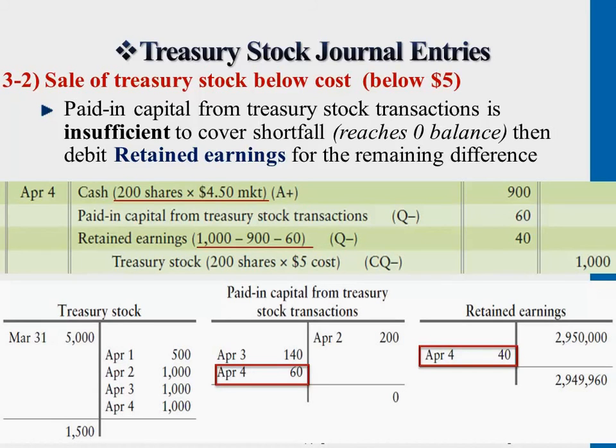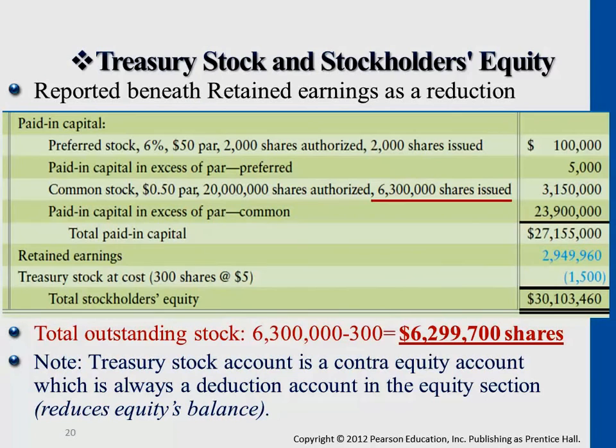Okay, so in terms of reporting these T accounts into the stockholders' equity section of the balance sheet, you see all of this is just the equity section, not including asset or liability. We would start from paid-in capital. Paid-in capital, remember in chapter 12 we talked about preferred stock issuance, common stock issuance. You see I underlined that common stock issuance, originally there was